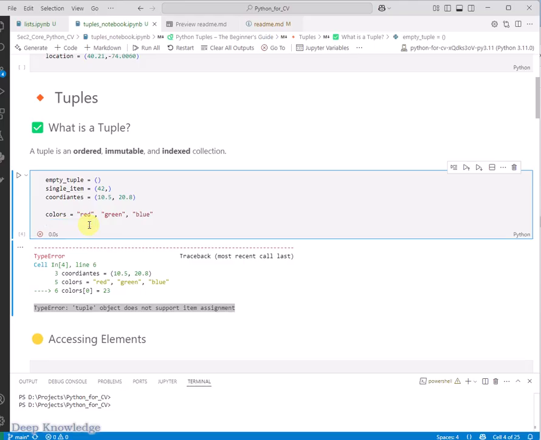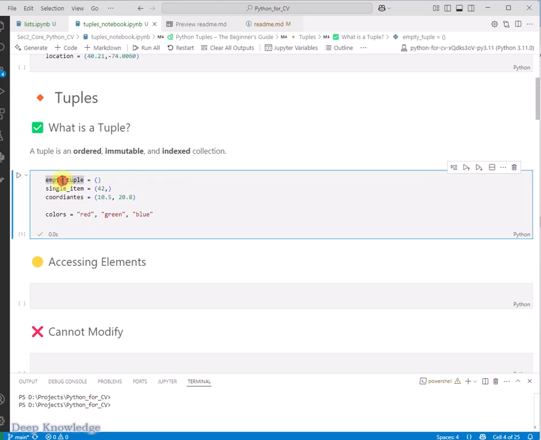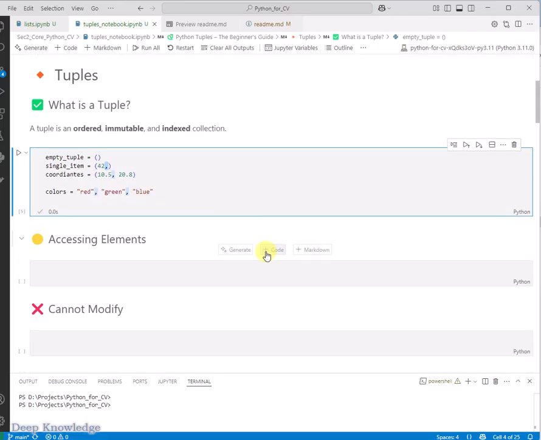So this is the advantage, and this is how to create a tuple with these four cases: empty, single item, coordinates, for instance, and of course you can add as many items as you like, not just coordinates, and we will see it in coming sections. And also the colors. And you see that if you define a single item, you have to add this comma here. Please just keep that in mind. So with this simple structure, you are already on your way to writing more